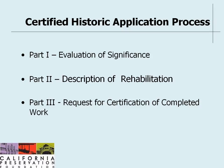And the National Park Service reviews the rehabilitation in line with the Secretary of Interior standards for rehabilitation. In the next slide, I'll talk a bit more about these standards. But basically, once the Part 2 is approved, work can then move forward as approved, and